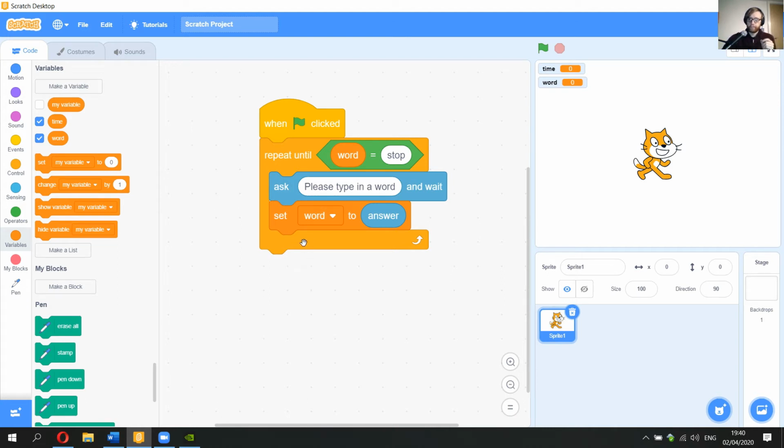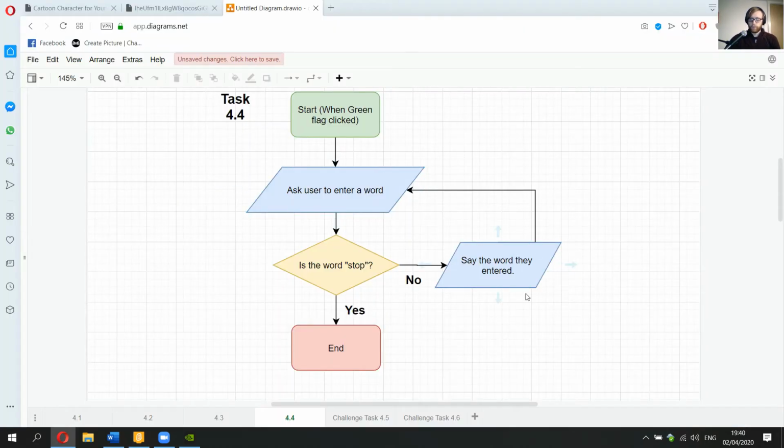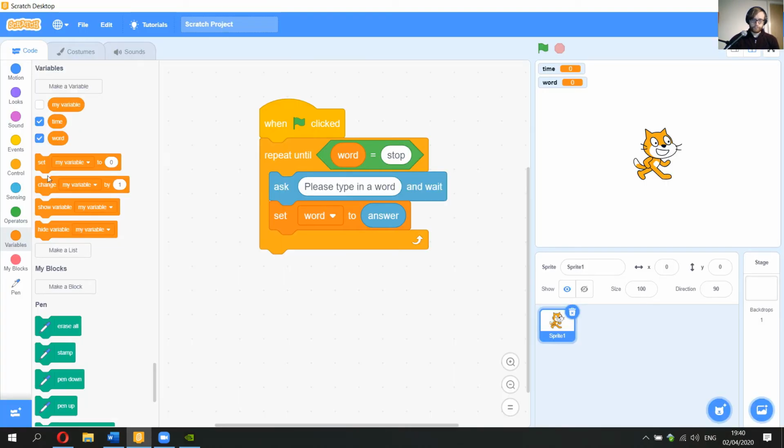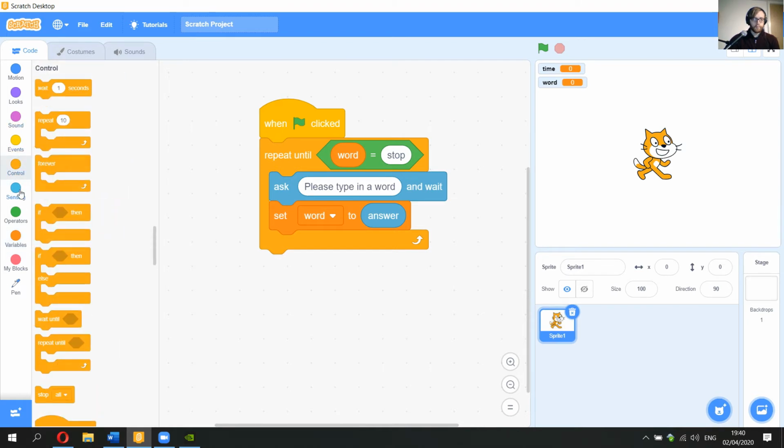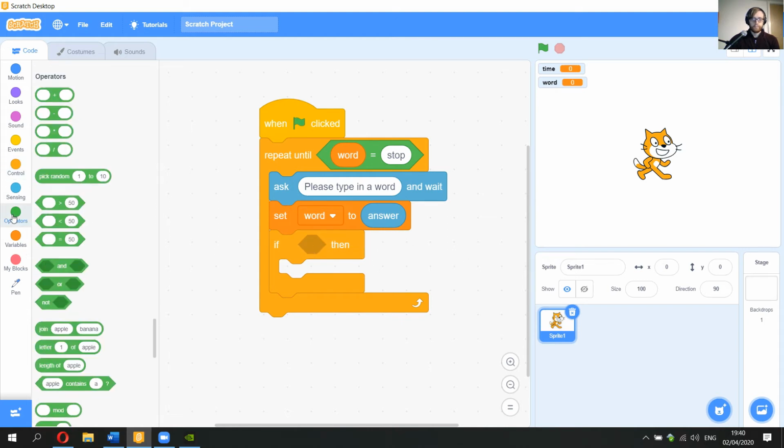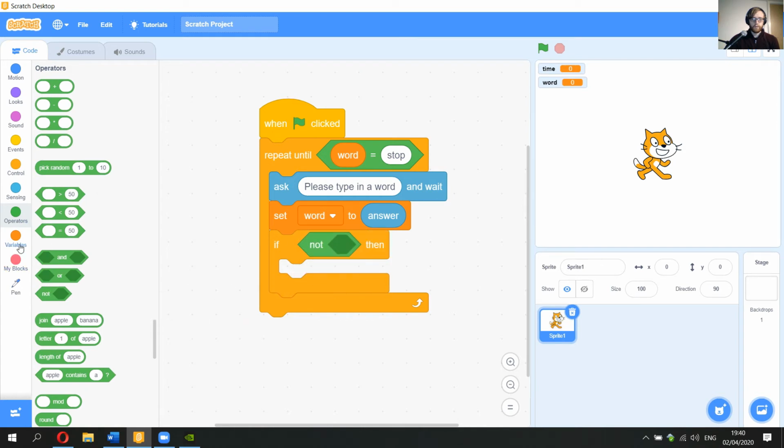Now we'll have an interesting problem once we've done this once and we try to redo it, and I'll show you how that works now. But we also, inside the loop, need to have something that happens when we say for the character to say the word if it wasn't stop. So if the word is not equals to stop,